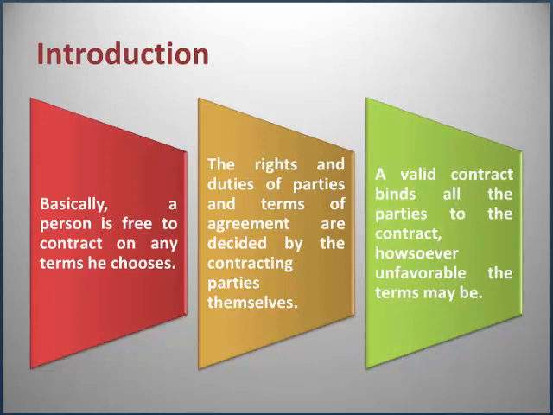The law only says that if a contract complies with all the requirements of law, it shall be binding on all the parties to the contract. Then no party can go back from a properly made contract even if the terms of contract come out to be unfavorable to that party. Every party is bound by a validly made contract.